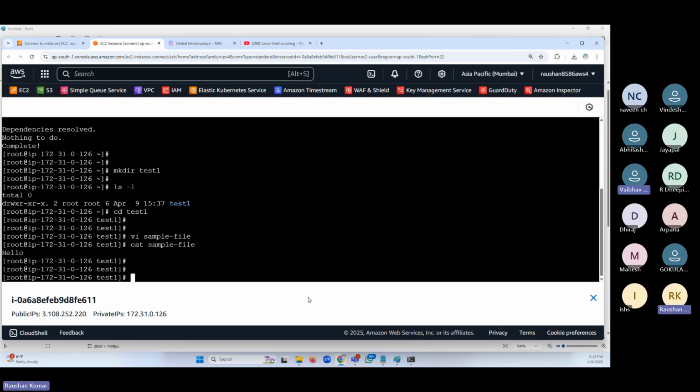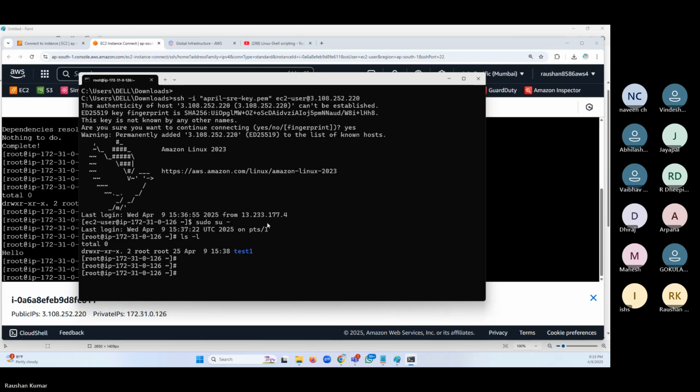But from a third-party tool, the command prompt doesn't know about the cloud. Command prompt is a Windows utility. So I have given the full-fledged command to connect. Please copy and paste it. It is SSH -i, the key, the default user, and the public IP. And we got connected to the same server. So there are two ways I told you today.